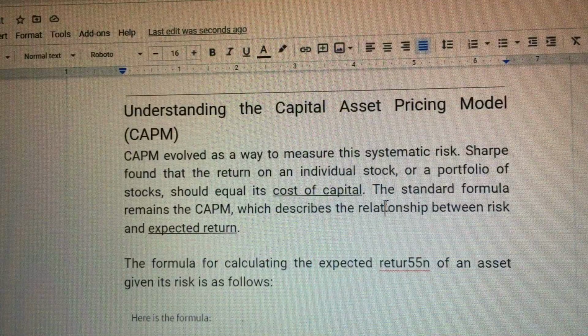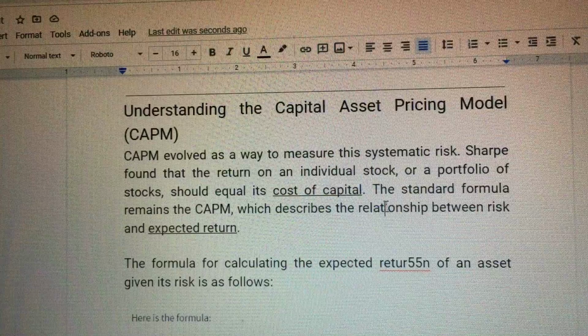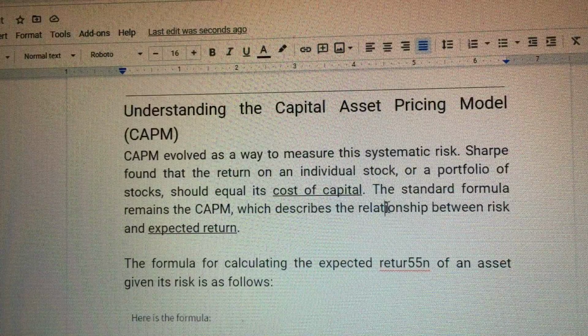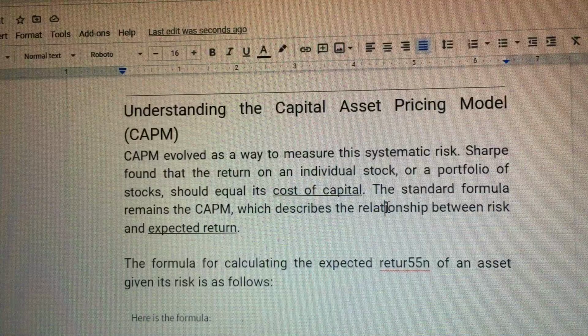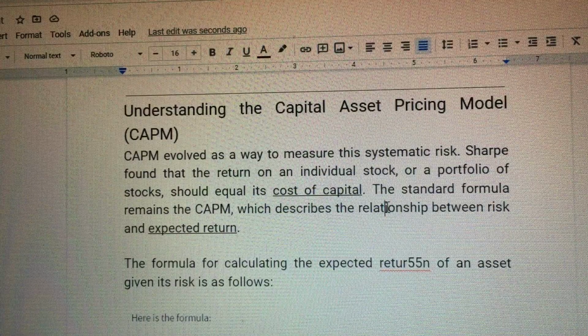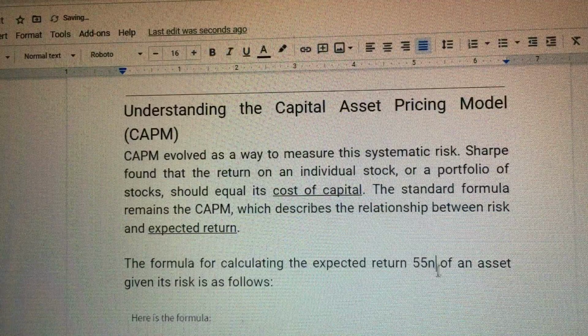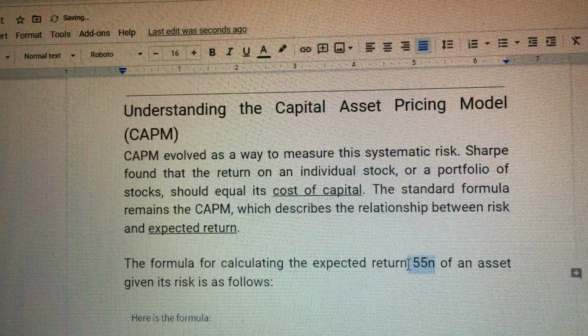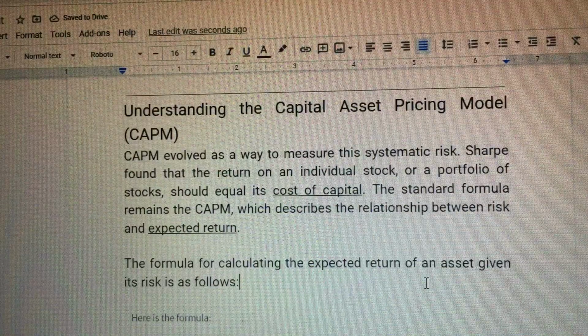I would assume na nahumanan ninyo og paminaw ang introduction sa capital asset pricing model. So, this time, mag-compute na tawag. Sample application of the methods. So, again, ang capital asset pricing model